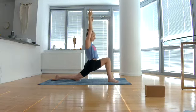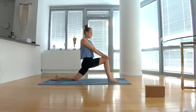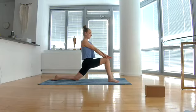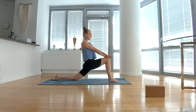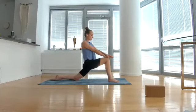This is way too much on your left knee. I have sensitive knees as well, so maybe use a blanket or anything to bring underneath your left knee for cushioning. And then bring your hands both on your right, right where your right knee is. See if you can straighten out both your arms to find a nice lift in your spine, and at the same time sink a little deeper into your left and right hip, tucking your navel in. Breathe. You should feel that in your left hip groin. And then from here,